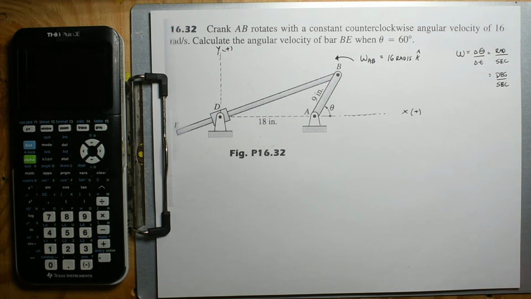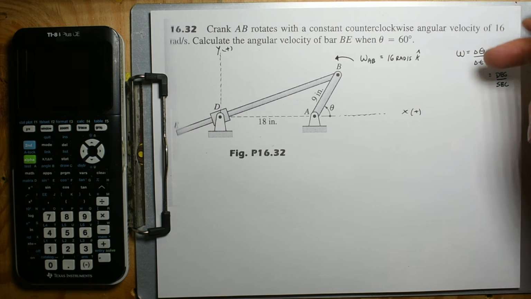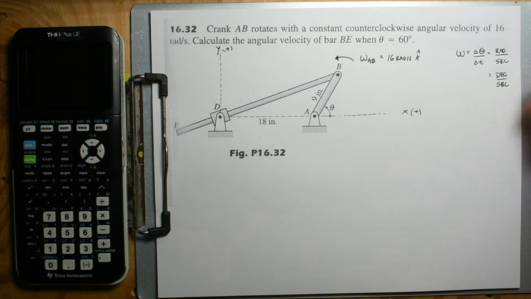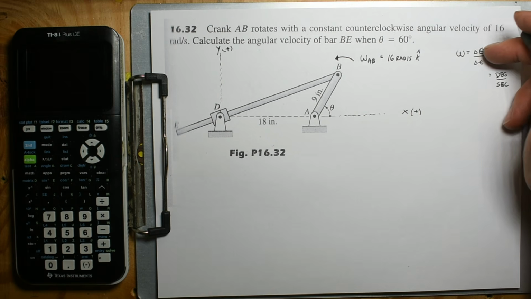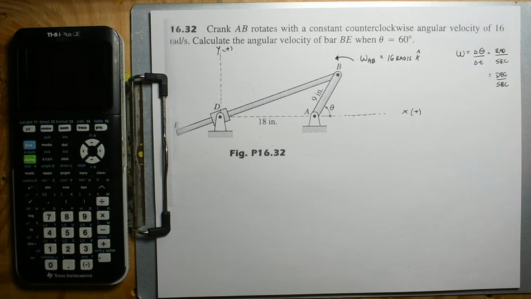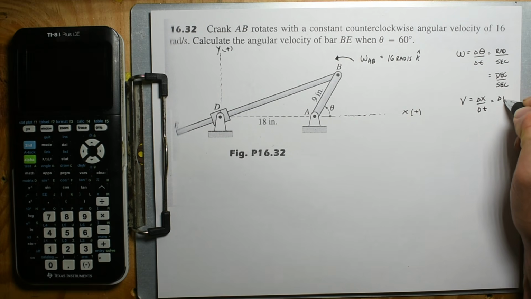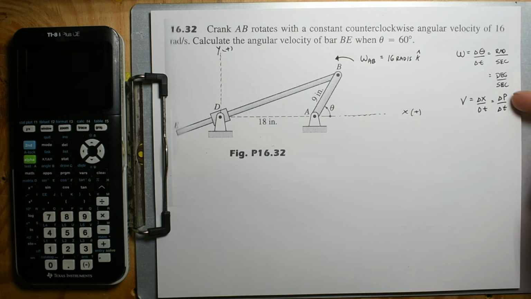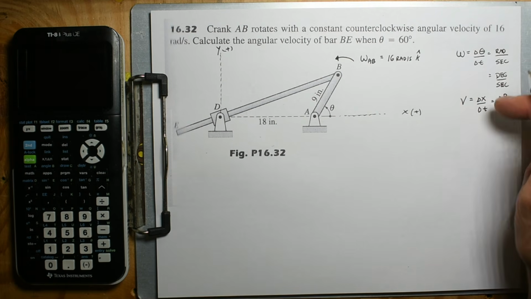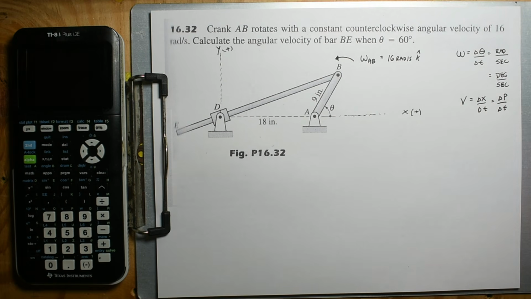That's an angular speed. This does not have to just be radians per second. It could be revolutions per second, degrees per second, or per minute. But it is a change in angle and a change in time. It's similar to velocity, how velocity is a change in position, change in time. You can even write change in x, change in t. This is velocity. And I think that's useful